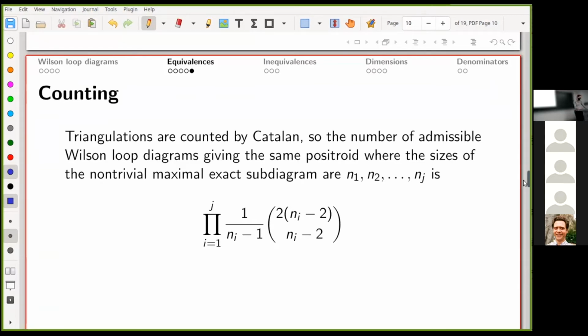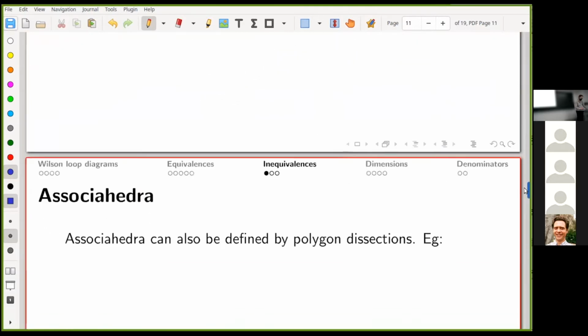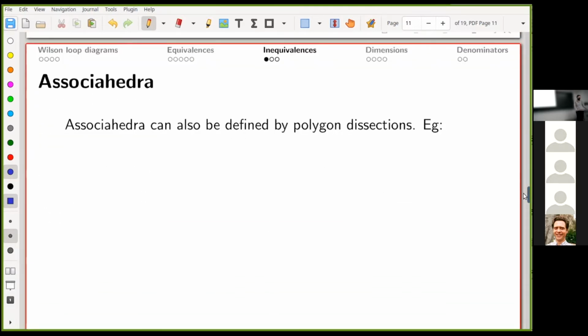Okay. But now, as soon as I had polygon dissections, some of you guys were probably thinking about associahedra. Because associahedra can also be defined by polygon dissections. Okay, so what's an example? Well, of course, no one ever draws very many associahedra by hand because they get pretty annoying pretty fast. But if I'm going to draw something by hand, maybe I'll draw this little pentagonal one. So how do polygon dissections make associahedra? Well,